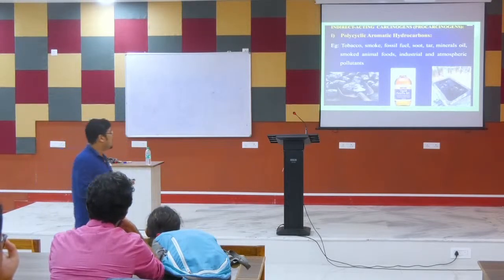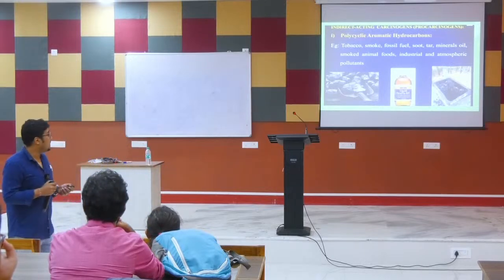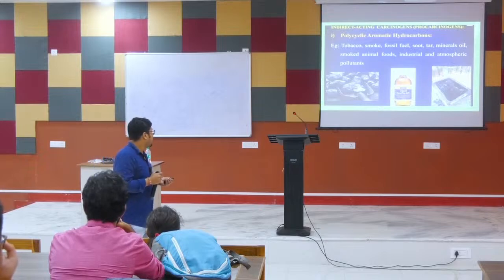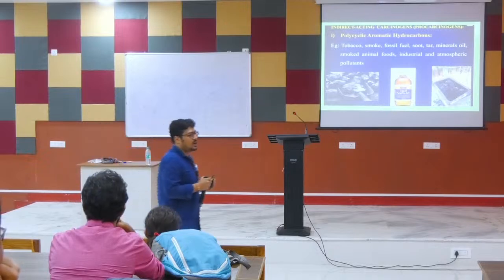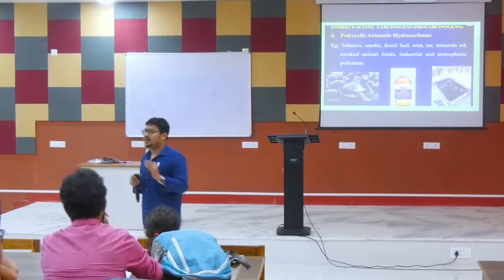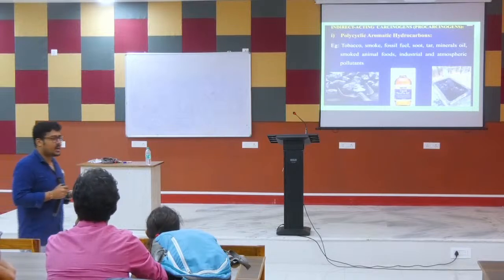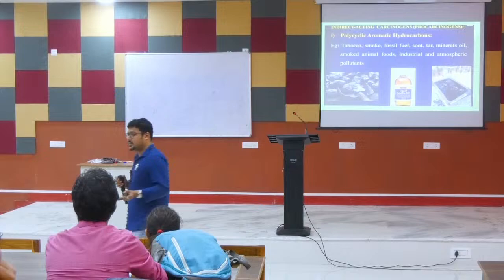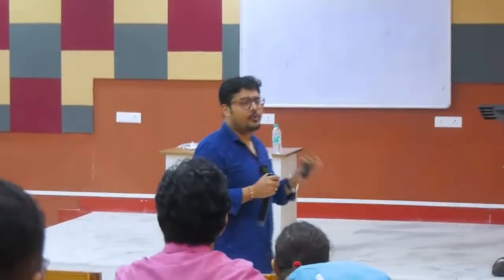Common examples are coal tar, soot, tobacco, polycyclic hydrocarbons, industrial and atmospheric pollutants, liquid paraffin, coal, soot, fossil fuel, tar. These are all carcinogens. They are indirectly acting carcinogens. They need further activation by various enzymes, namely cytochrome P450 or monooxygenase, and they get activated in the liver before becoming